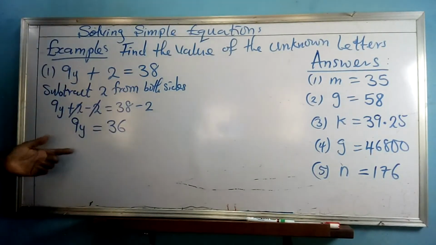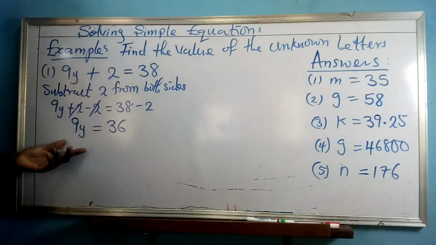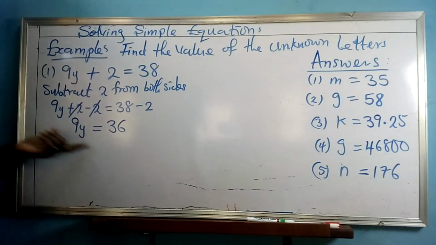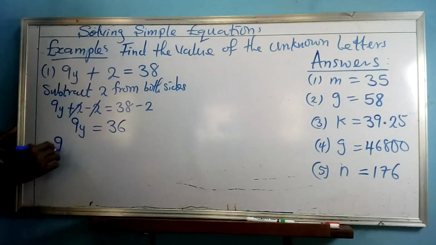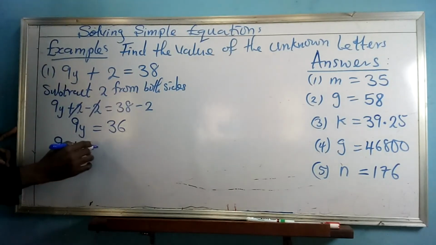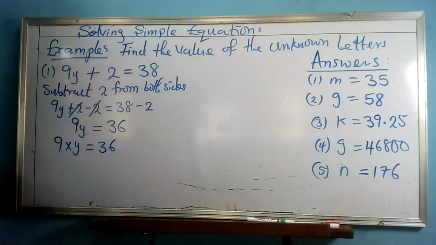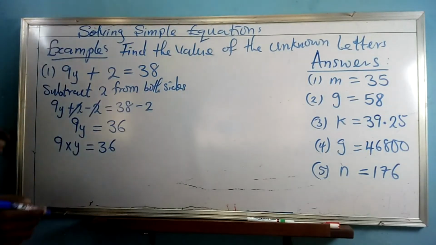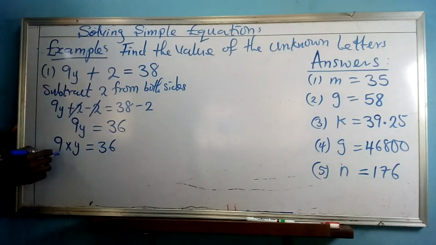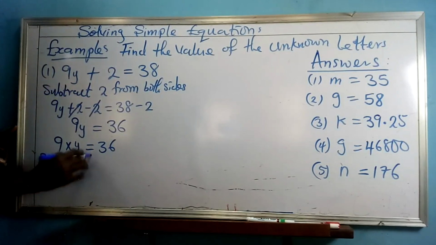Now look at this one. It's just like the one that we did in the previous class. This one you have 9 times y. Let me write it for those that are already having a little bit of challenge on that. Is equals to, or those that just join us, 36. So 9 times y is equal to 36. What are we going to do to both sides now? We divide by 9. Divide both sides